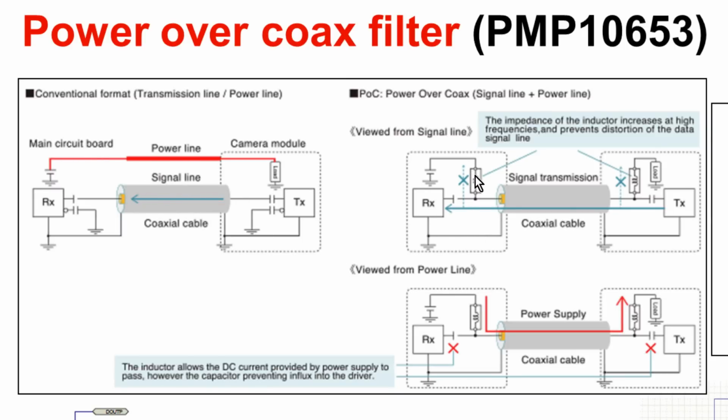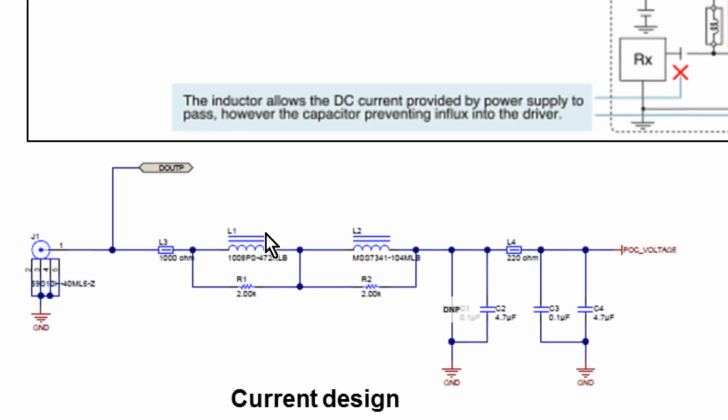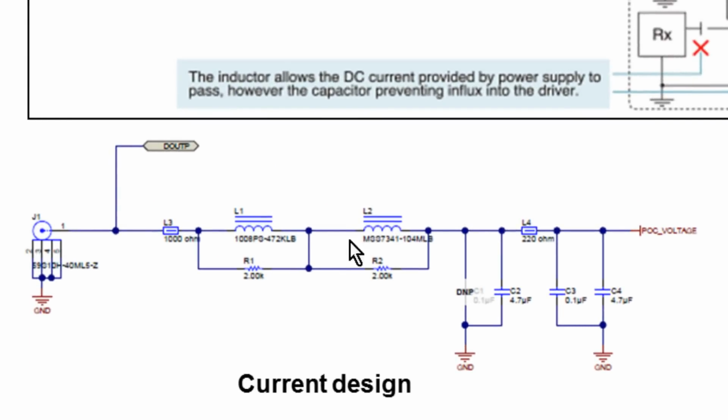But if you view from the signal line, what you do is you introduce a high frequency filter here, which is nothing but an inductor. And if you view from the signal line, the impedance of this inductor in the POC filter, the power over coax filter, which is this inductor here,